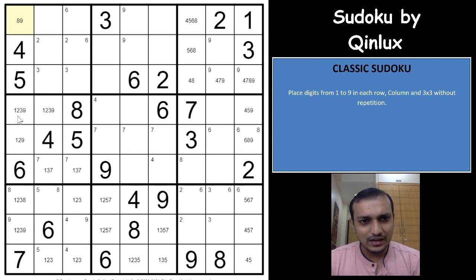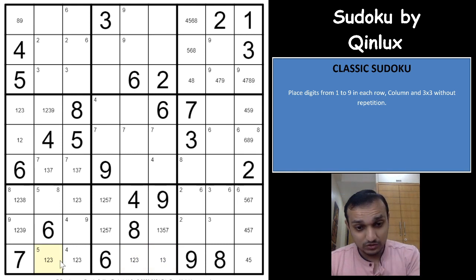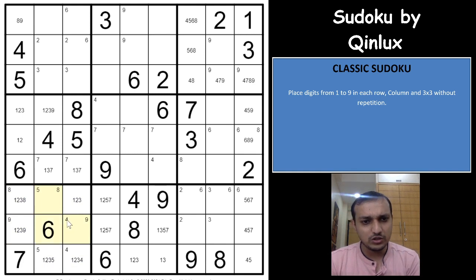So which means that you cannot have a 9 here, you cannot have a 9 here. This would have to be 1 2 3. You cannot have a 5 here in these cells. This would have to be 1 2 3. Okay, so this is 5, this is 4, sorry. So one of the 1 2 3 is in these 2 cells, one of the 1 2 3 is in these 2 cells, and this is 1 2 3. So all the possibilities of 1 2 3 gets eliminated from all the other cells.